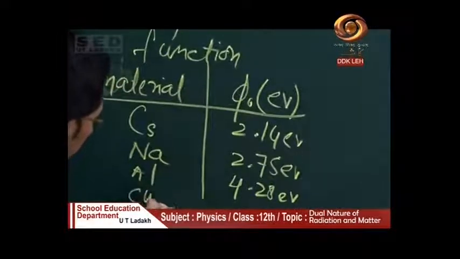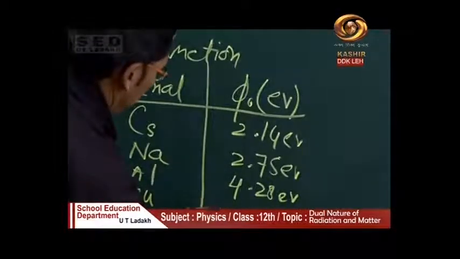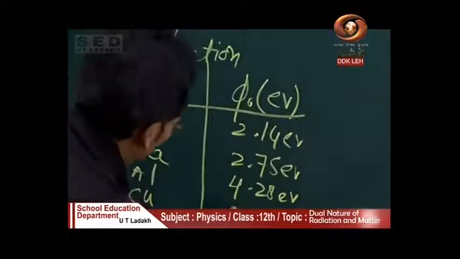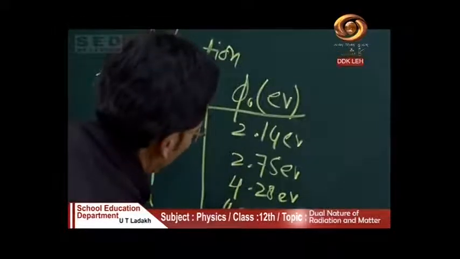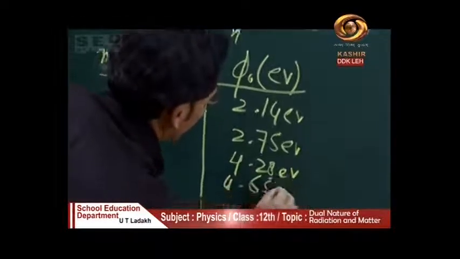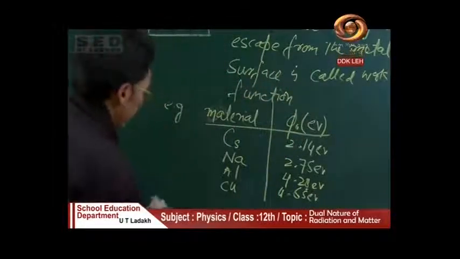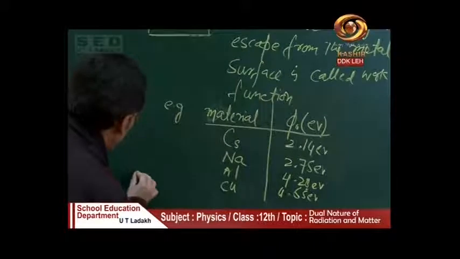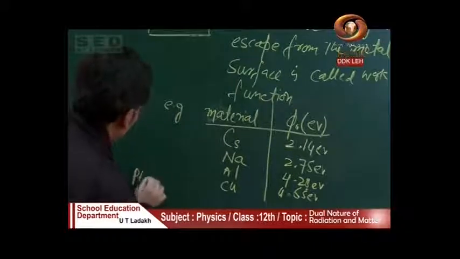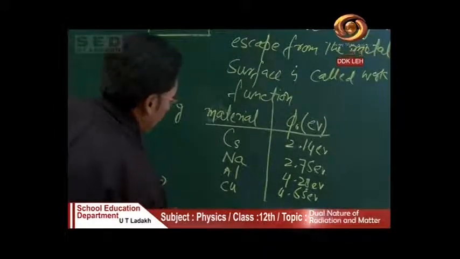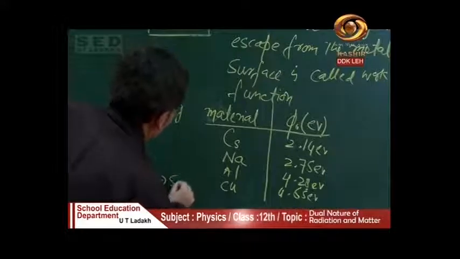Then we have copper. The work function of copper is 4.65 electron volt. Likewise, we have another element, that is platinum. The work function of platinum is around 5.65